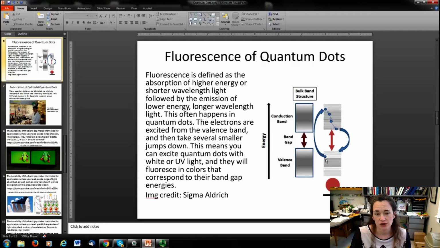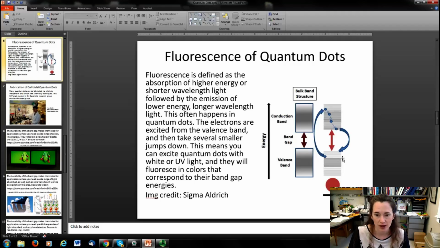What happens is you excite an electron from the valence band into the conduction band with a high energy photon, say blue light or ultraviolet light even. And then it's excited into one of these higher level states, and then through a series of steps, it decays down back to a less excited state. But it does it in several steps, and so instead of one high energy photon, you might get multiple lower energy photons, or it can even de-excite through non-radiative pathways and then radiate a photon when it jumps across that